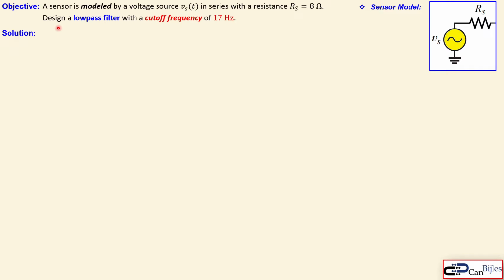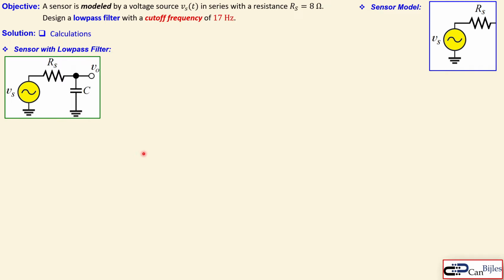So our design is, we'd like to design a low pass filter with a cutoff frequency of 17 Hertz. So how do we do that? What is now the solution for this situation? Now our sensor with our low pass filter can be then also given by this circuit. You see here again the voltage source and the source resistor. So these two, again, the sensor model, and we have here the capacitor, and we create here the low pass